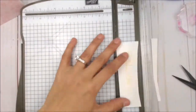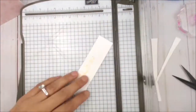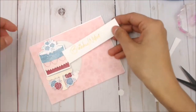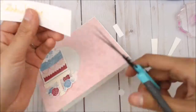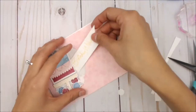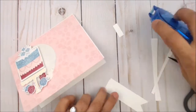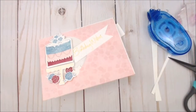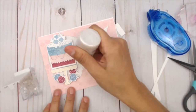And then we're going to trim the edges to try to get this as a straight line. Once we've trimmed those on the edge, we're going to cut it in a V shape to make it look like a ribbon. Once that's done, I'm going to attach it to my card panel, and it's time to give this a little